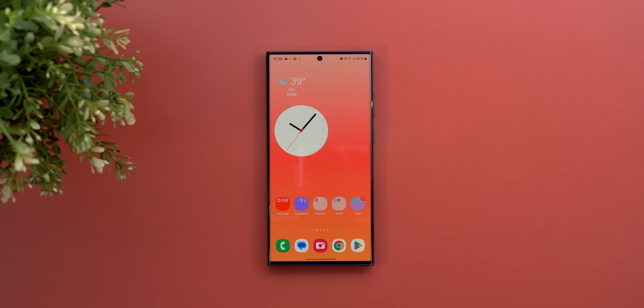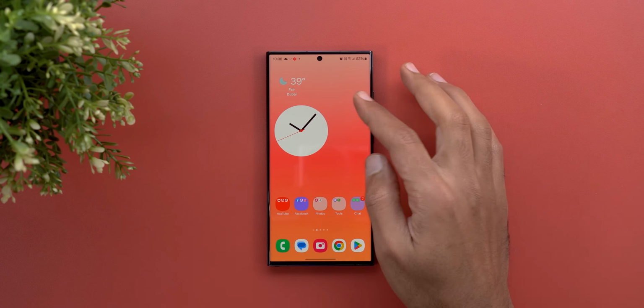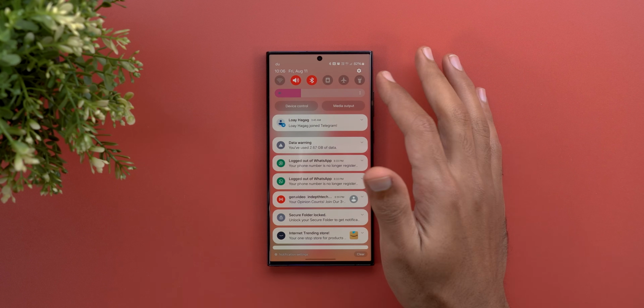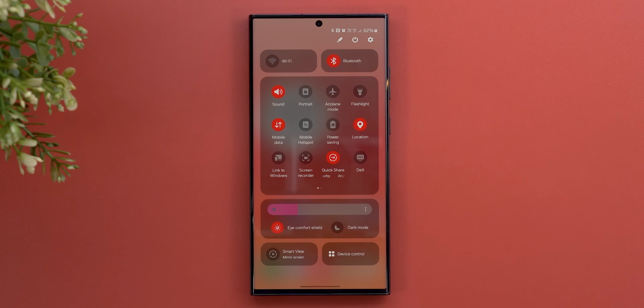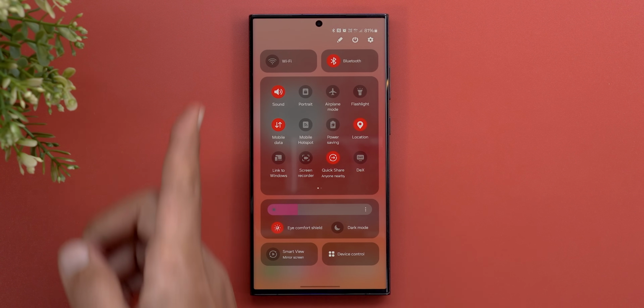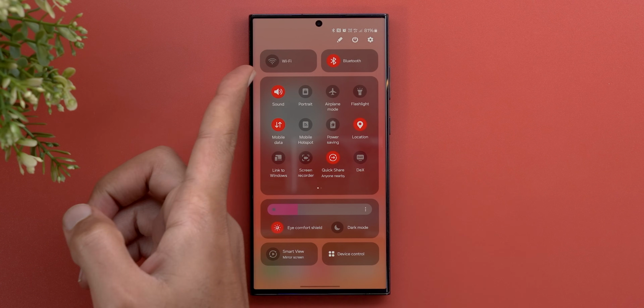Now let's talk about the new quick panel of OneUI 6, which is the biggest change in this update. When you swipe once to access your quick settings, you will see it looks pretty much the same, but when you give it a second swipe, it looks totally different. The first change is the Wi-Fi and Bluetooth toggles now have their own spot at the very top, and when